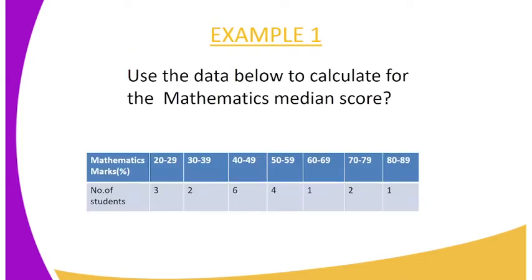i represents the class interval. On to the first example, you are supposed to use this data below to calculate the mathematics median score. There is mathematics score represented here in percentage, and the class intervals range from the smallest 20 to 29, then we have 30 to 39, and the frequency is indicated below as 2, and 20 to 29 the frequency is 3, and 40 to 49 the frequency is 6, meaning that 6 students scored between 40 to 49, then 50 to 59, 4 students, 60 to 69 only 1 student, 70 to 79 only 2 students, and lastly 80 to 89 only